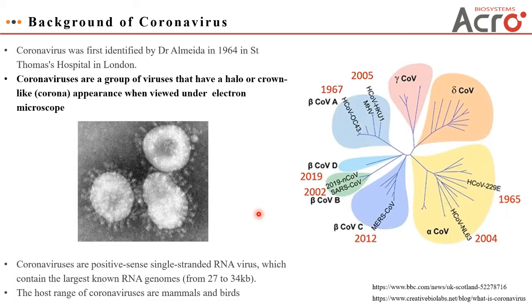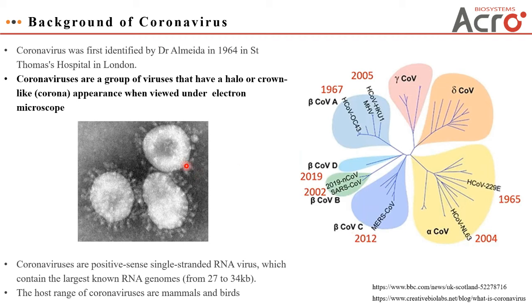COVID-19 is caused by SARS-CoV-2, which belongs to the coronavirus family. Now let's take a look at the background of this virus species. Coronavirus was first identified by Dr. Almeida in 1964 in St. Thomas Hospital in London. They are a group of enveloped viruses that have a halo or crown-like appearance when viewed